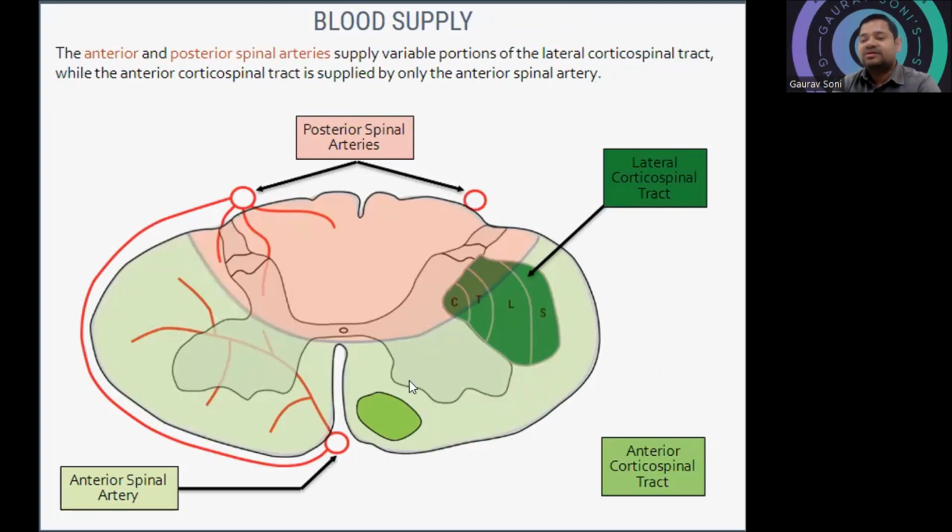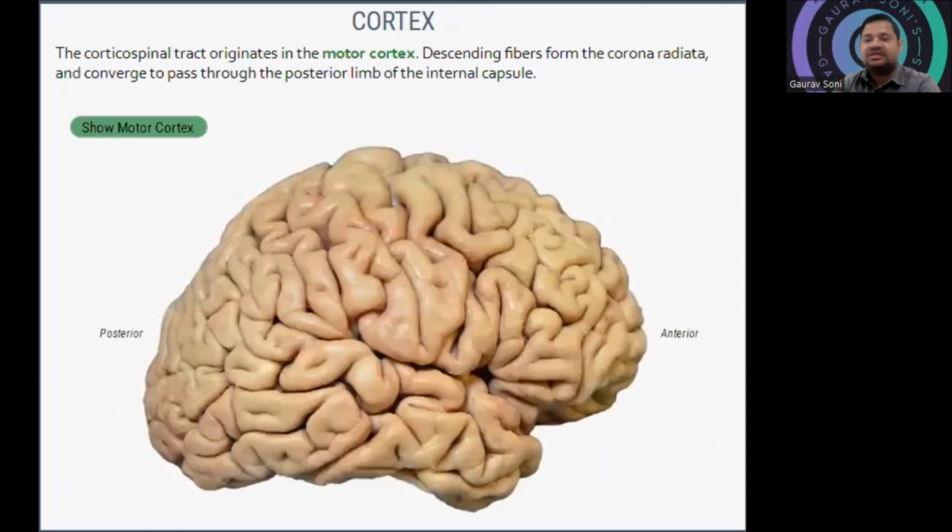You can simply remember anterior one will be from the anterior spinal artery, and the next, that is lateral one, will be from the anterior or posterior spinal arteries. Now in cortex, the corticospinal tract originates in the motor cortex, descending fibers from the corona radiata and converge to pass through the posterior limb of the internal capsule. This is the motor area, from where the things will be passed down towards the spinal